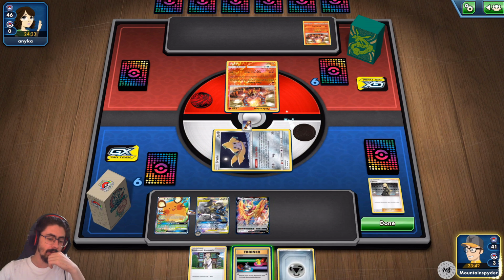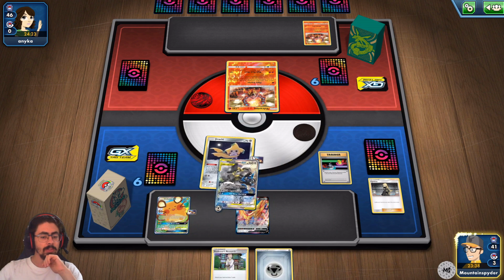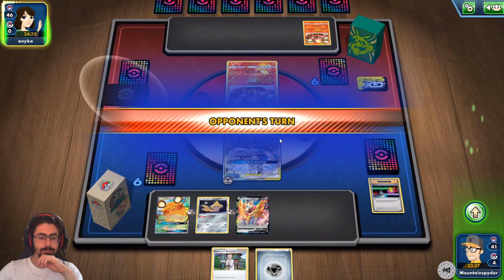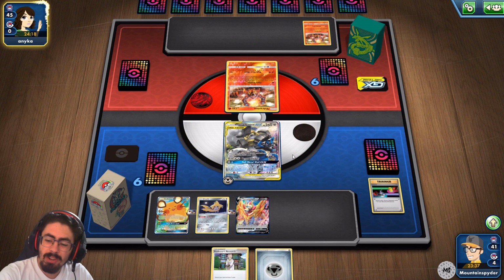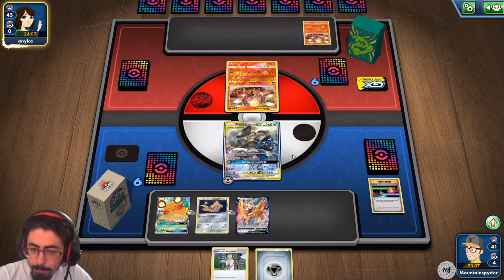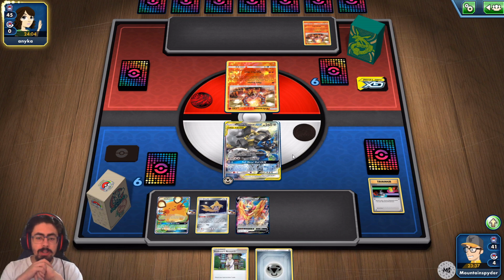Here comes the question. Do I want to hit a switch this turn? I think I do. Because I want to get this GX attack off right now, so next turn I can start using Steel Fist. So it's not the best use of switch, but I want to get the aggression going as soon as possible, especially going up against a fire type deck. I don't know what my opponent's bringing to the table just yet, so I want to get this aggression going as fast as possible. I'm worried it's going to be...